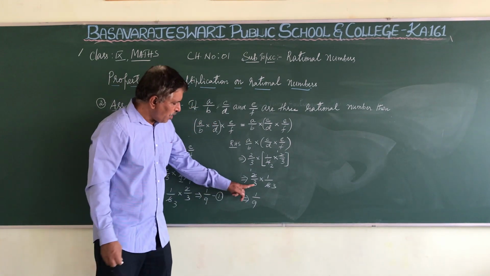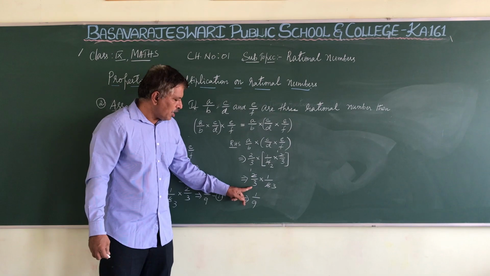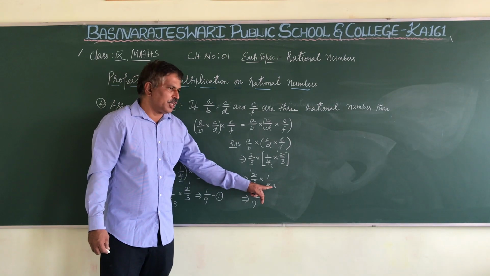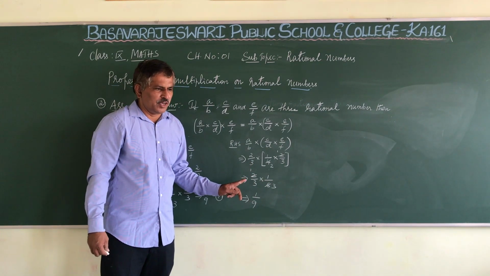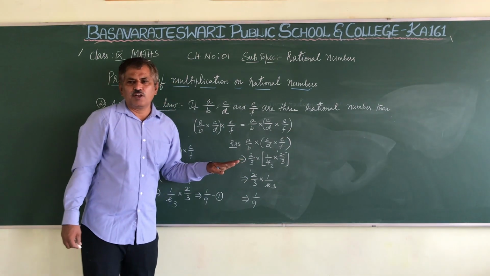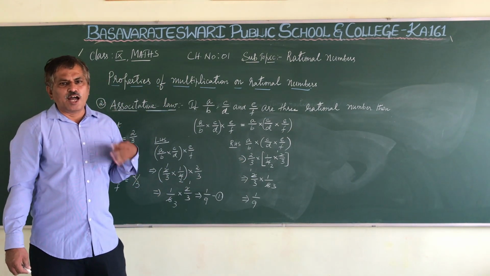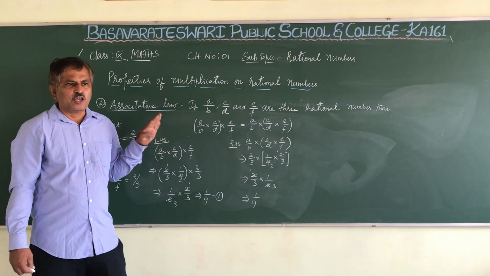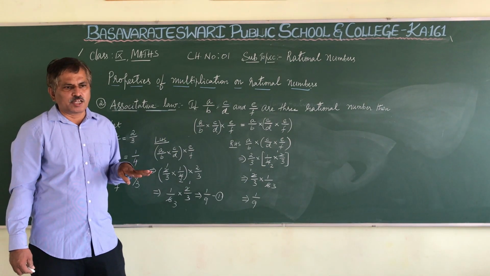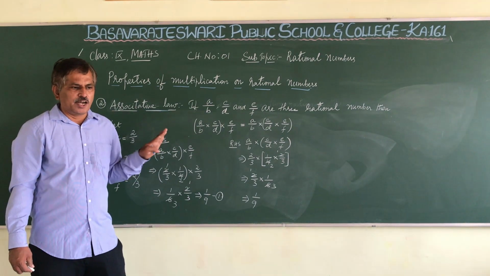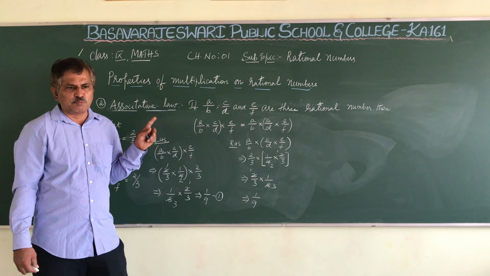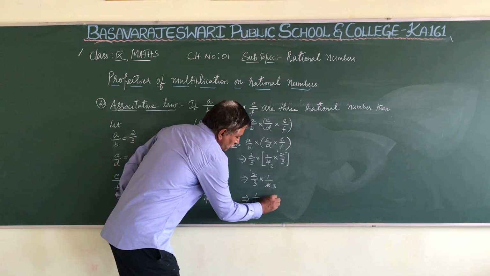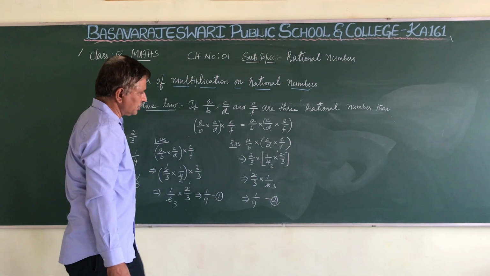You cannot simplify numerator with the numerator or denominator with the denominator. I observed that few students, what they do is, in multiplication, they will simplify numerator with the numerator and denominator with the denominator. That is absolutely wrong. In order to simplify, we have to simplify numerator with the denominator, not numerator with numerator and denominator with denominator. That is wrong. You have to simplify numerator with denominator only. Okay, this is equation 2.